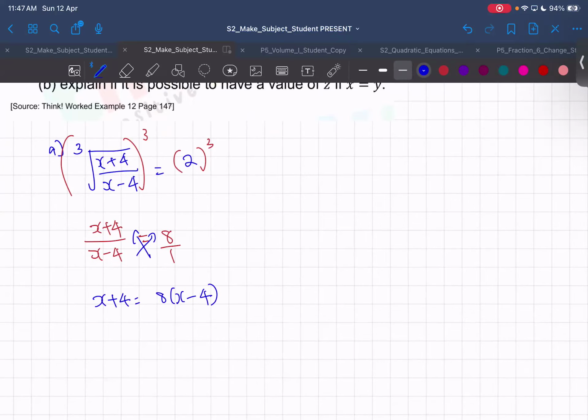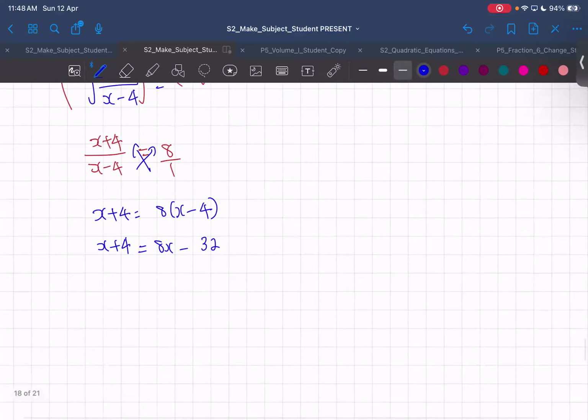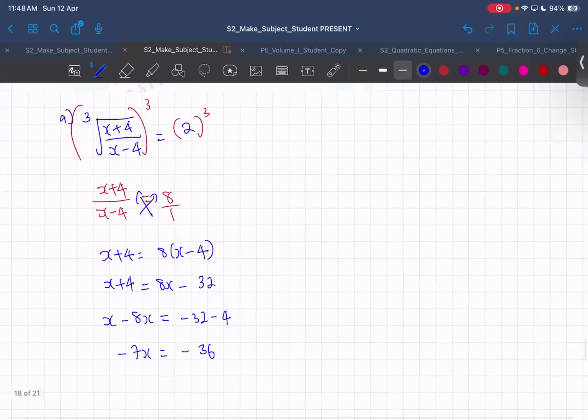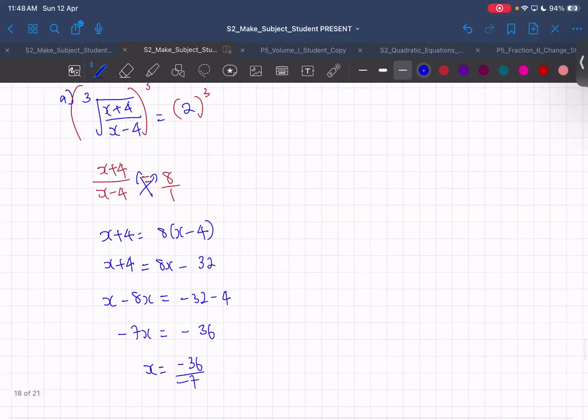Then after that I expand. Then to find the x, I bring all the x to the left side. It becomes minus 7x equals minus 36. So my x will just be minus 36 divided by negative 7, which is just